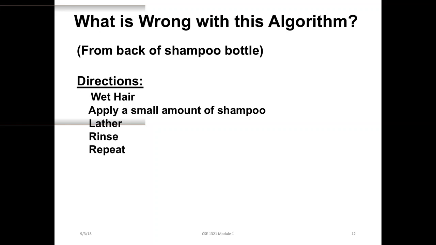Repeat. Yes. What is the reason of repeat? Is the mistake over here, that you get to keep doing it over and over again? Yes, it does not say when you have to stop. It says keep doing it all the way, right? But do we do that? We do shampoo one time or two times, right?